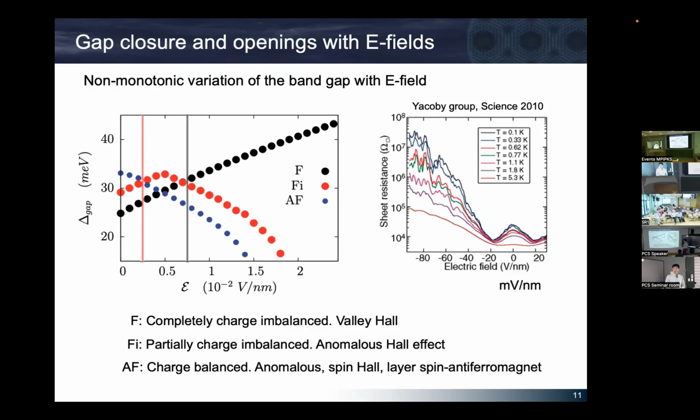And traces of this non-monotonic behavior of the band gap were found already almost 15 years ago in experiments by Miriakovic's group near the charge neutral point of bilayer graphene. Only that,